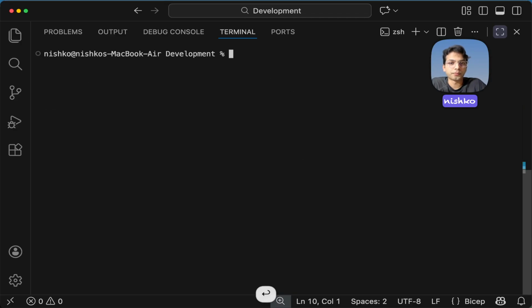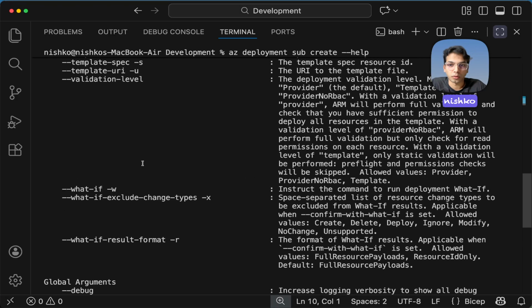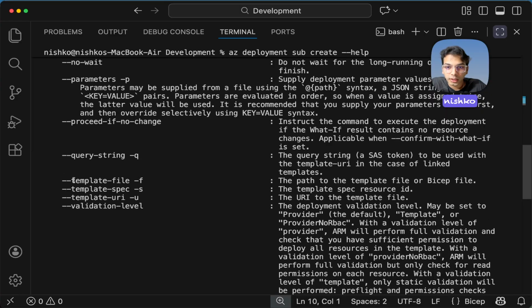What I'm going to do, I'll write it one more time: az deployment sub create help. And I forgot to show you one thing, that there is an option to provide the file, which file you want to use to deploy your resources in the subscription. That is the template file, the path to the template file or bicep file that you need to provide